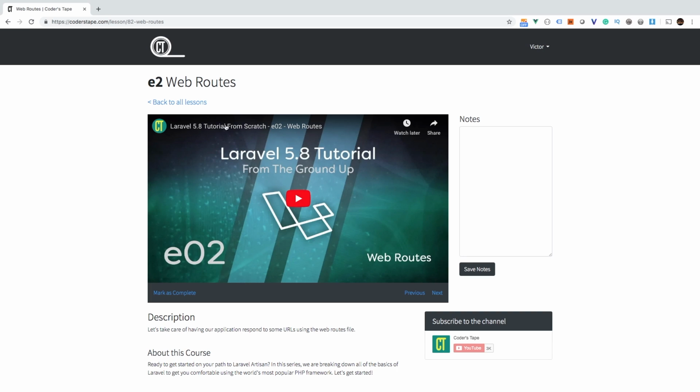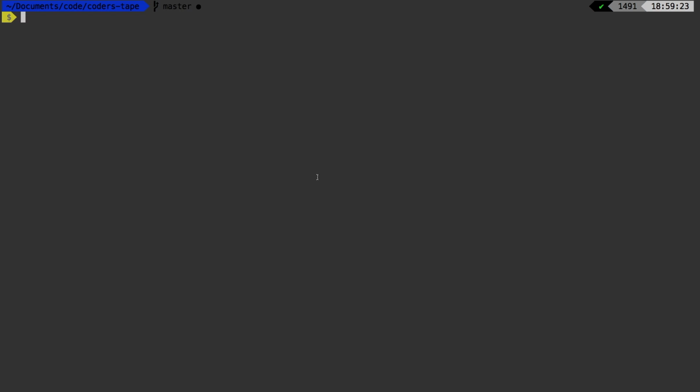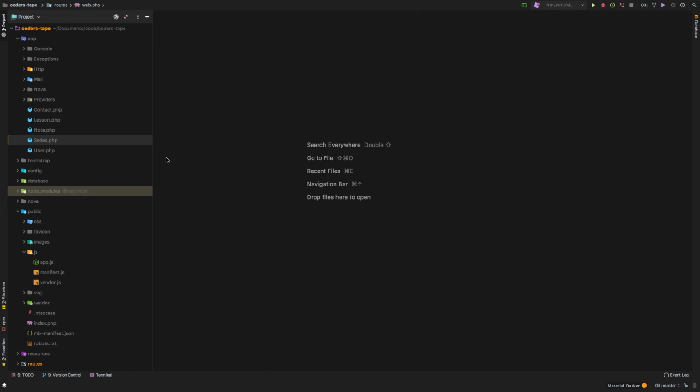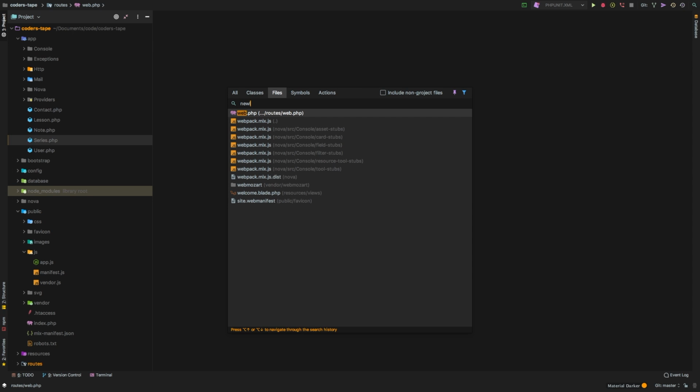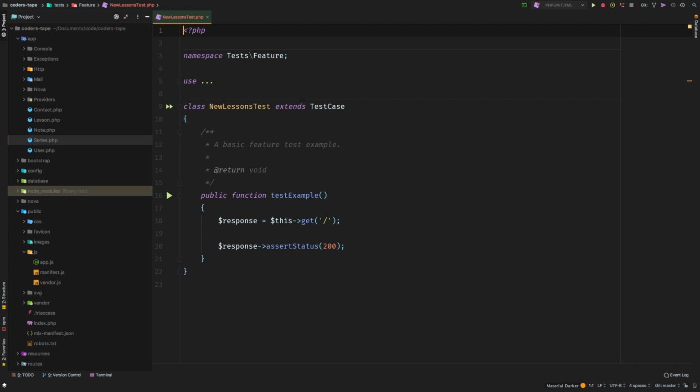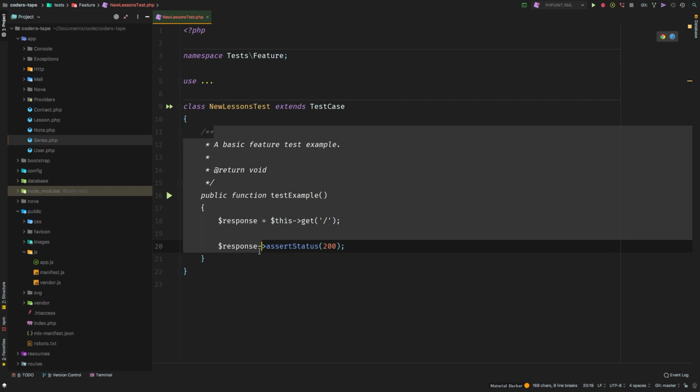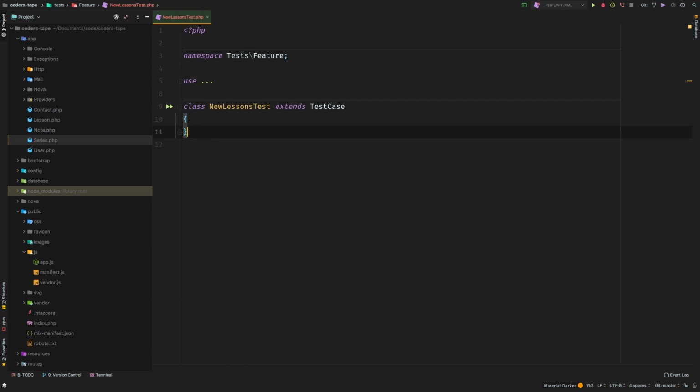So with that, let's go ahead and jump into the source code for this site. Let's go to iTerm. And of course, let's start this with a test. Let's see, php artisan make:test NewLessonsTest. All right, let's go into PhpStorm, and let's go ahead and pull up that new lessons test. And there we go. All right, let's go ahead and get rid of this default test here, and let's start